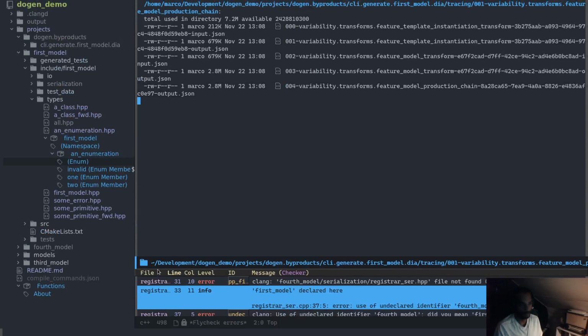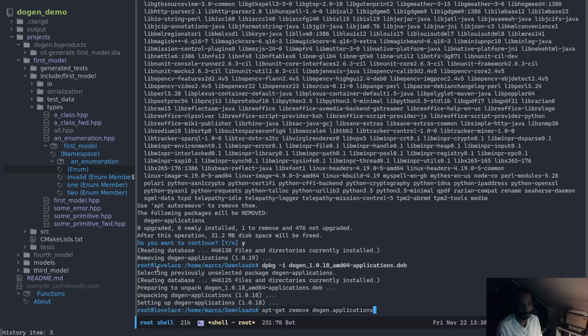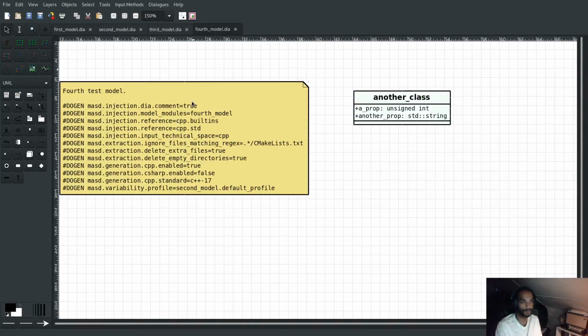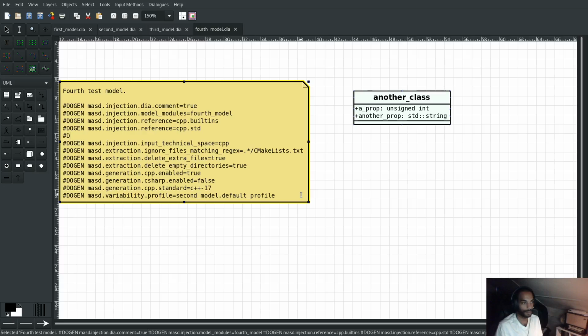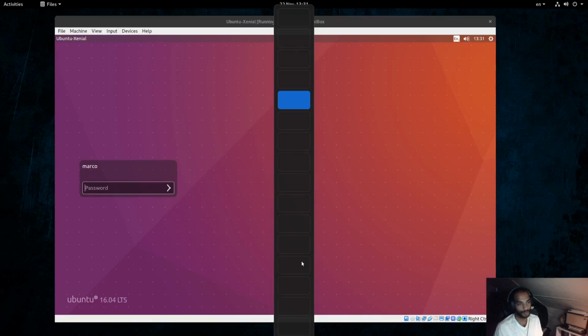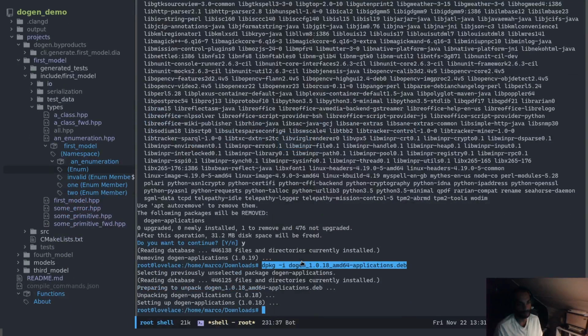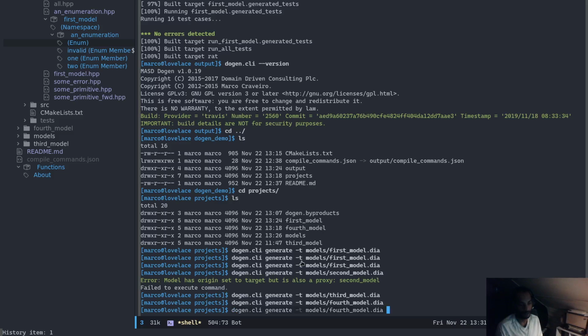Now, before demonstrating the next one, let's go back to the right version of Dogen. Or actually, do you know what? For good measure, let's not go back to the right version of Dogen. Let's just show you what happens if the fourth model, which is this chap here, suddenly decided to reference the first model. And if you just call second model here. So in this case, the first model is now referring to the fourth model, and of course the fourth model is also referring to the first model, so we have a cycle. And now if I just jump over to our shell and I try to generate the first model,